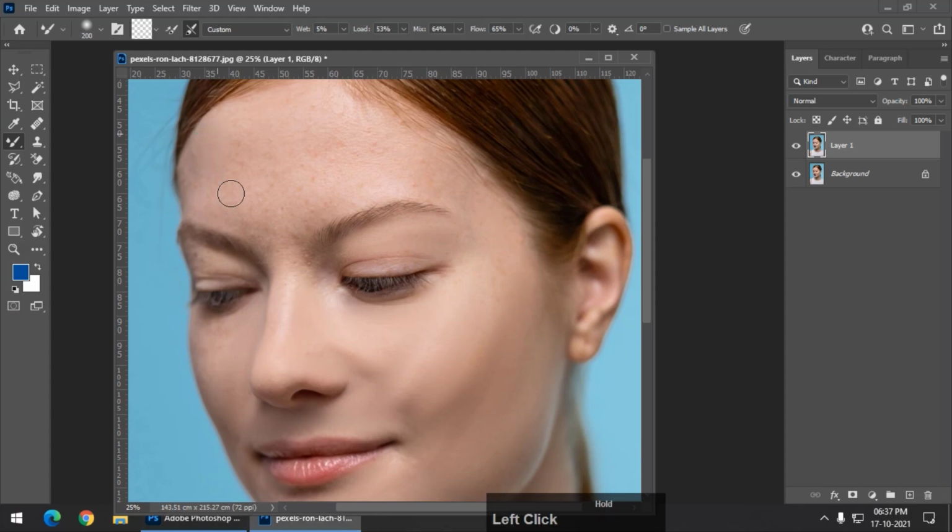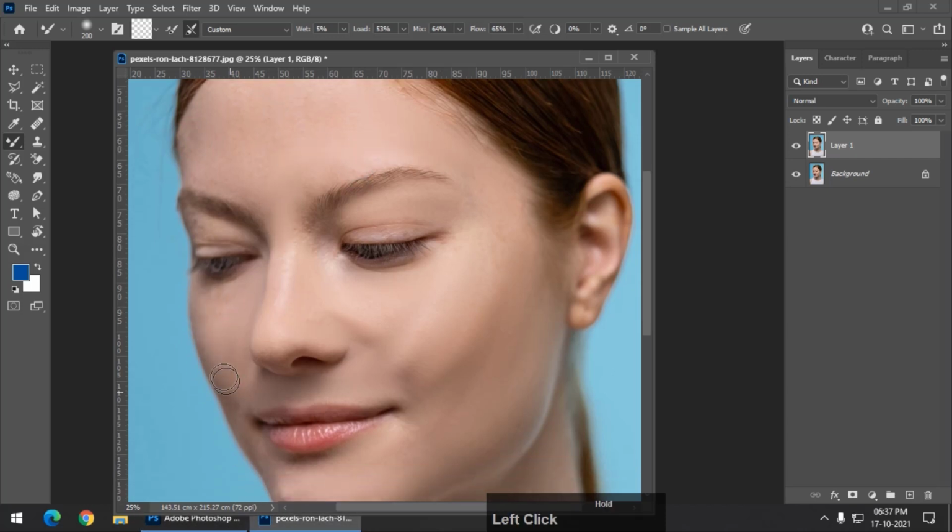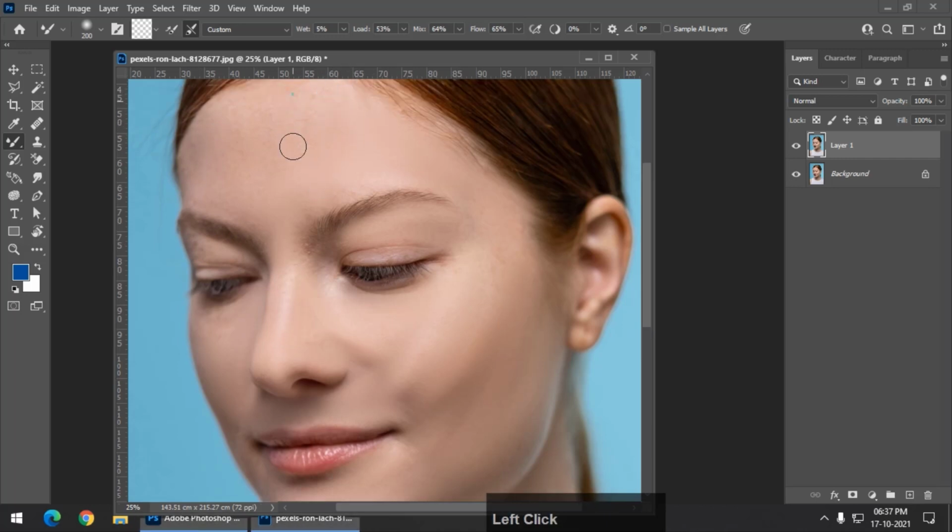And don't draw the brush on the hair or on the eyes, because we don't want that color to be messed up, the eyes and the hair, that is. So let me just undo this. This is how it will look after applying the mixer brush. The value, I must admit, is a bit on the higher side, I accept that, but as you can see.